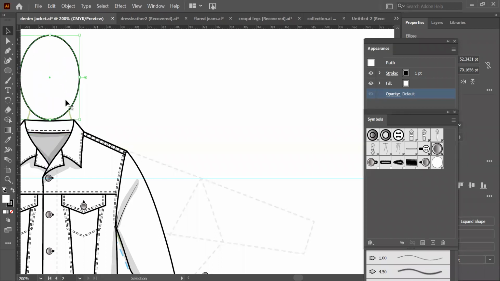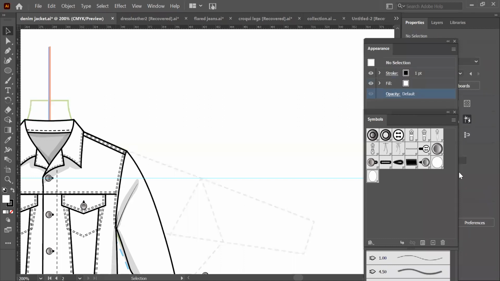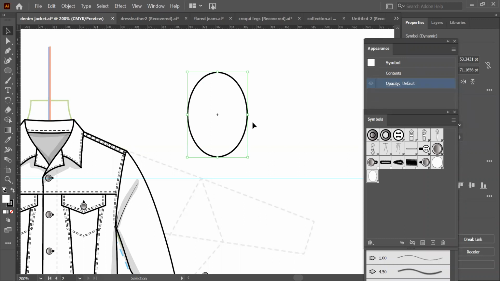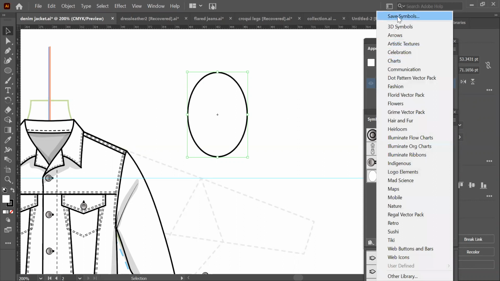Just as an example, I'll create this as a symbol, so my hard work becomes a little easier. So I delete this. Now whenever I want to use this face, I'll just take it out like this. And you save it in the same form, like save symbols, in the same .ai form.